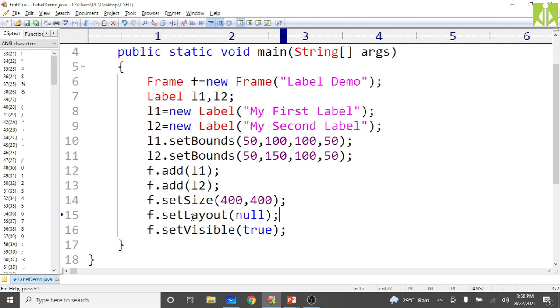Event handling we will do slowly. First we will go to the button, adding a button on the frame. So adding a button on the frame, how can you do it? It's a simple thing. Moreover, I need to give some more clarity on the output here.